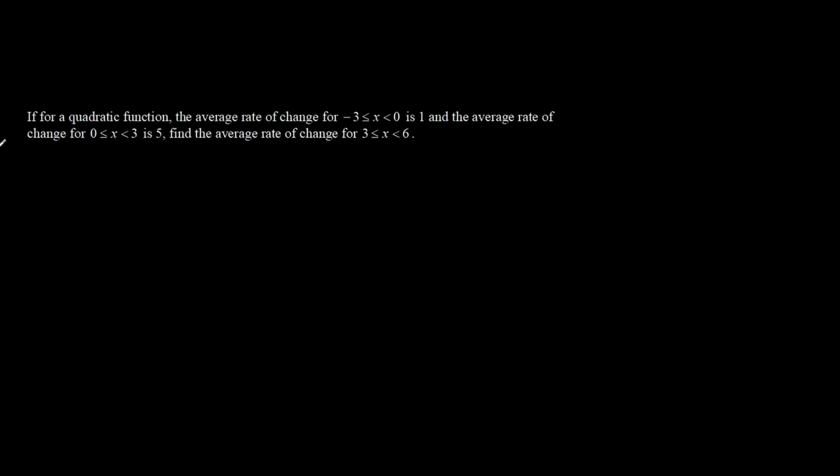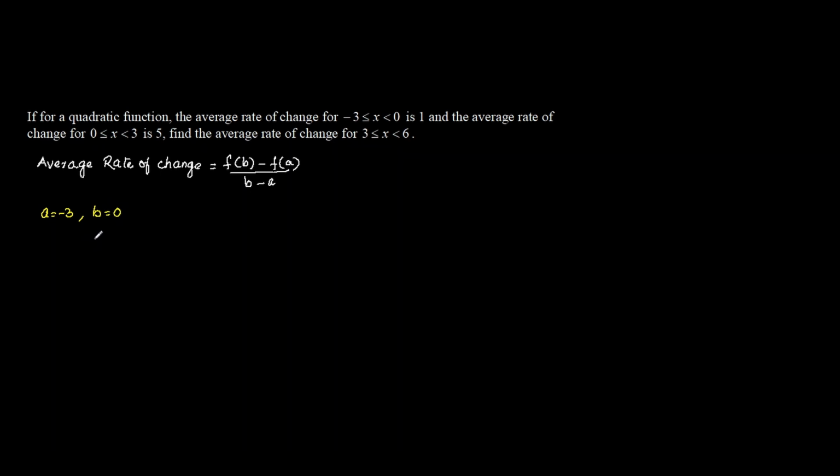We know the formula for average rate of change equals f(b) minus f(a) over b minus a. Now, for the first interval that is given, -3 to 0, we shall consider a as -3 and b as